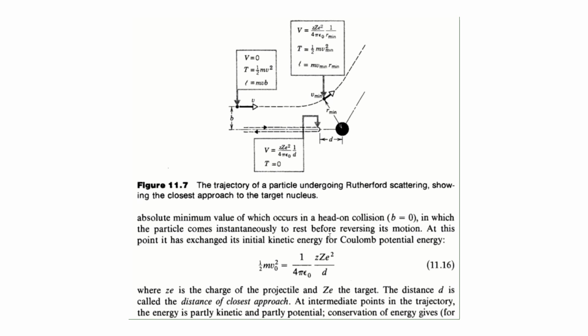And from the law of conservation of energy, its initial energy, which is fully kinetic, if you take it as half m v naught square, would be equal to the potential energy. It has just converted entirely into potential energy at this point. Initially it was purely kinetic, and here it is purely potential. And at intermediate points, the energy is partly kinetic and partly potential energy.